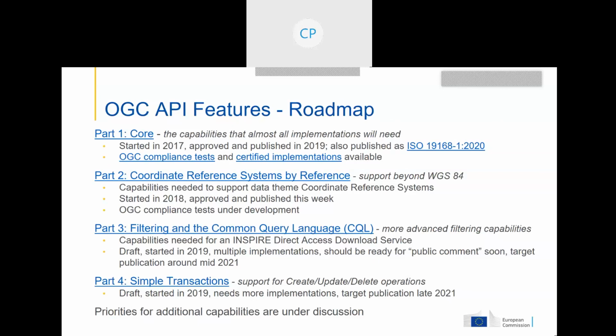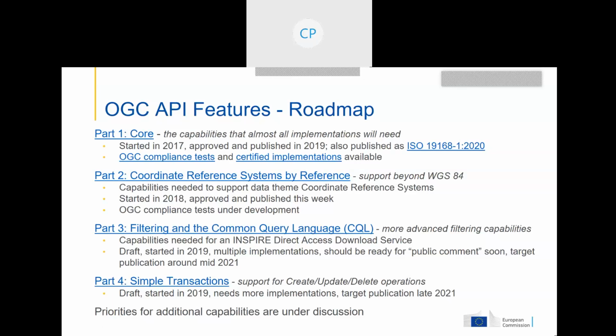The work started in late 2017 and was approved and published last year in October. And since a few weeks ago, it is also an ISO standard. There are OGC compliance tests that exist, so if you have an implementation or an API, you can test it.